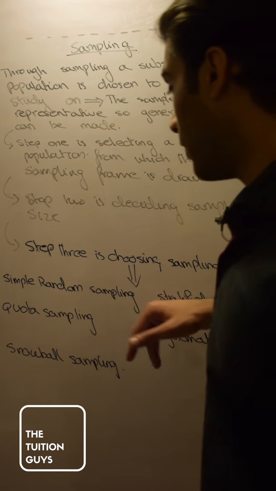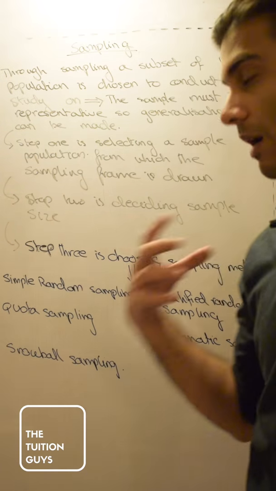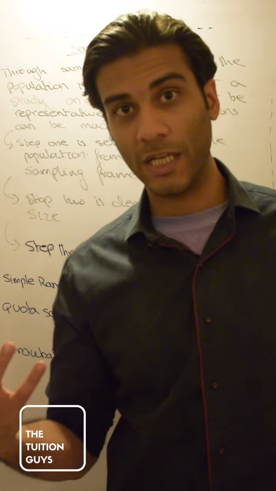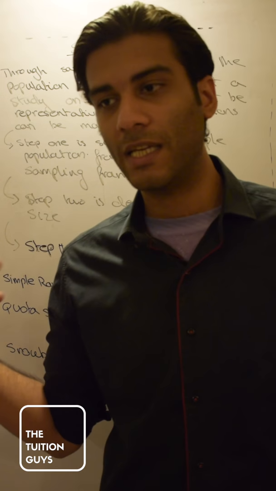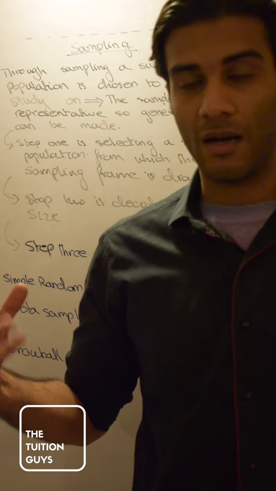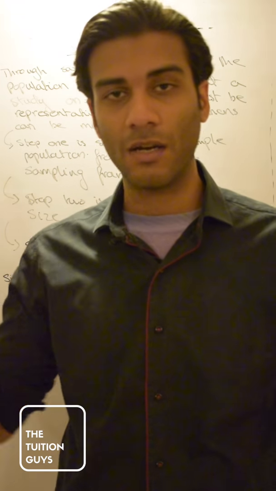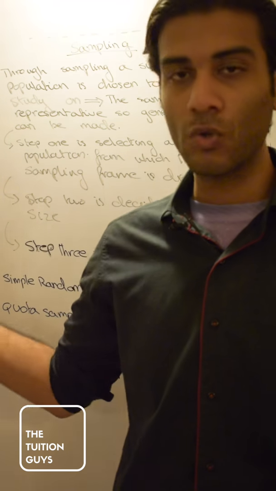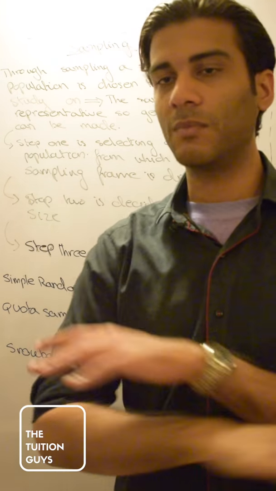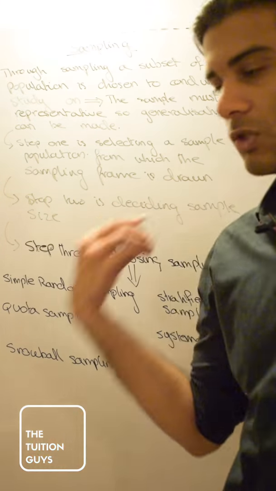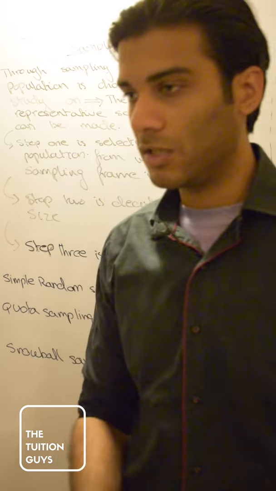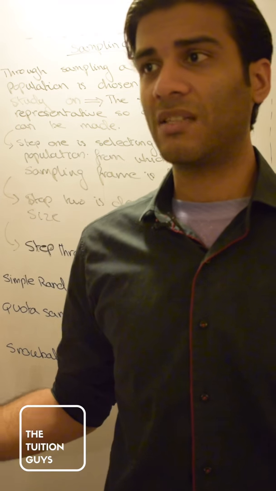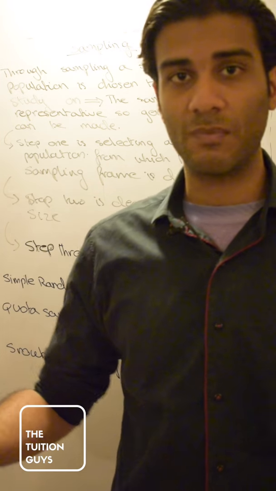So why don't I begin with talking about simple random sampling. For now, I'm going to refer to this as SRS because it's really annoying saying simple random sampling again and again. So SRS is basically very similar to picking names out of a hat at random. You just choose 3,000 or 4,000 people at random, doesn't matter what the characteristics are, you just need to do a study. You pick 3,000 people, let's say from the Clifton area, and you want to do a study on them based on their buying preferences based on income.